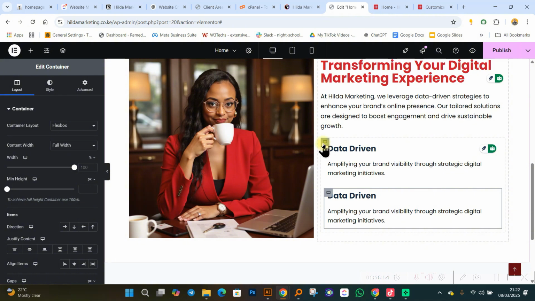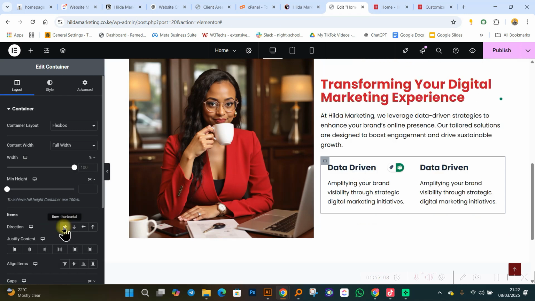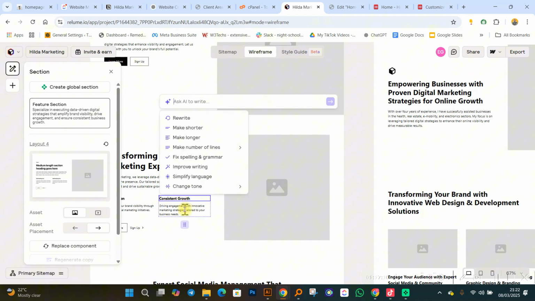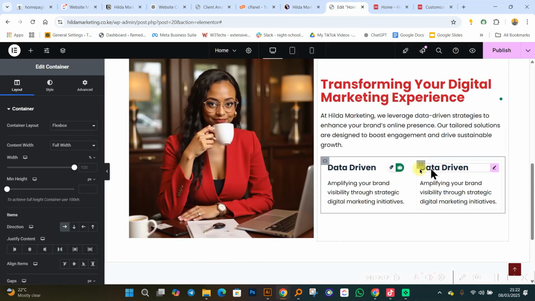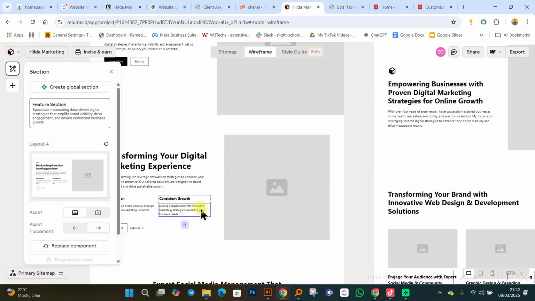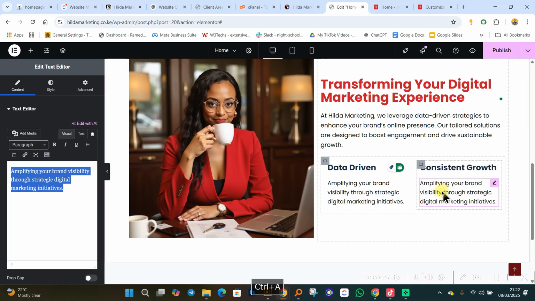Okay? So if I click over here, I can change the layout. Now inside that particular container, if I click on it, I can say that now I want the alignment of every other container to be in that kind of a manner. So we'll have something like that. Okay? Then I come over here, nikuje ni change, and say this one is consistent growth. Okay? Then I come again, nikuje ni copy huyu, nimuangushe hapa.